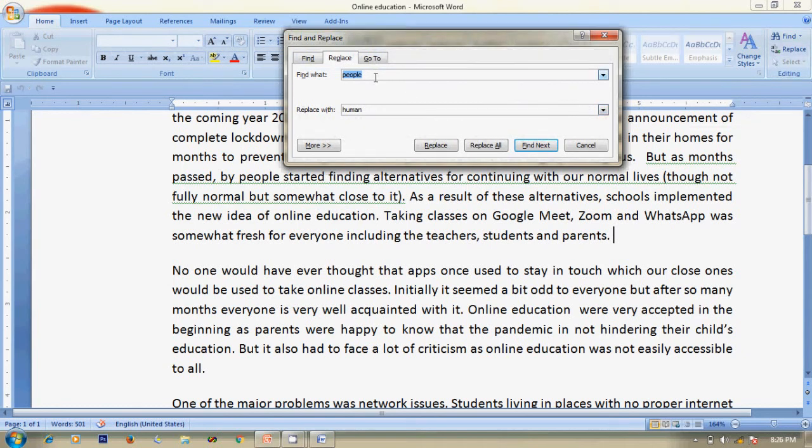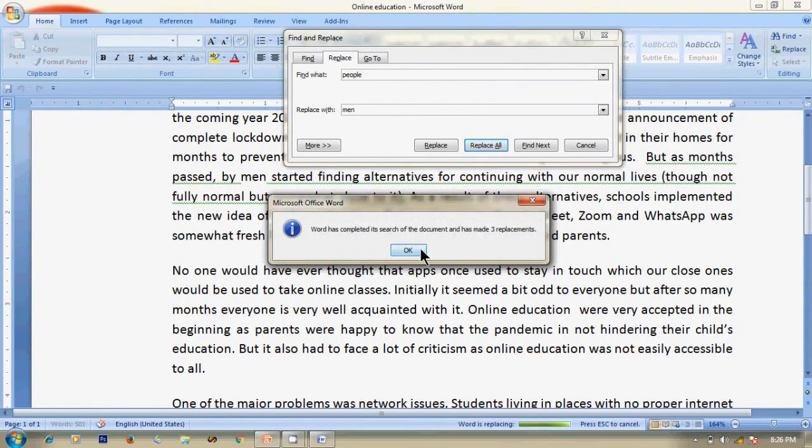Okay, then you can write people, and then write another word that you want to use. Okay, so suppose it's men. Then click on replace all. So in one shot it will replace all the words and show you how many times the word is found